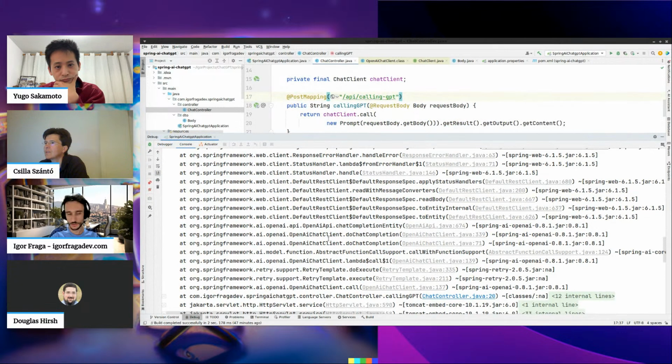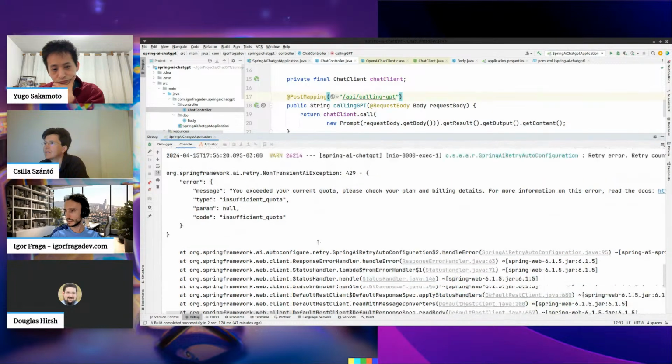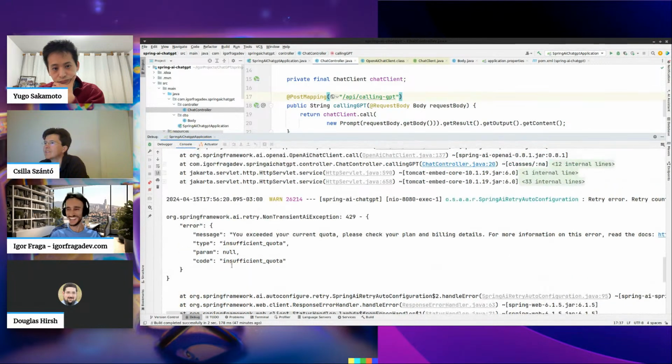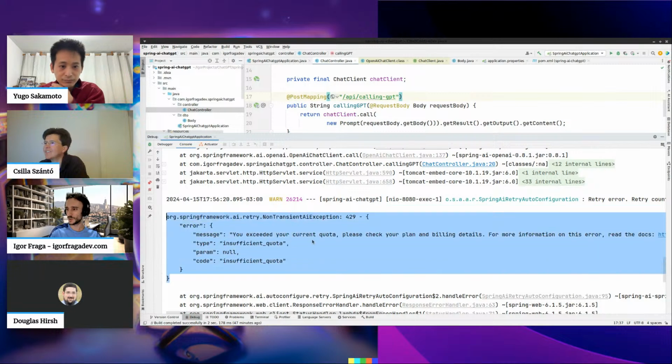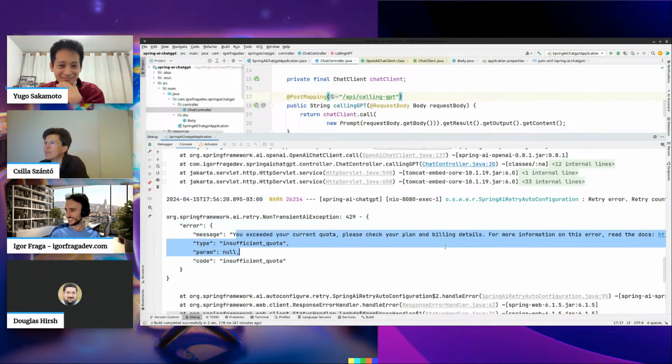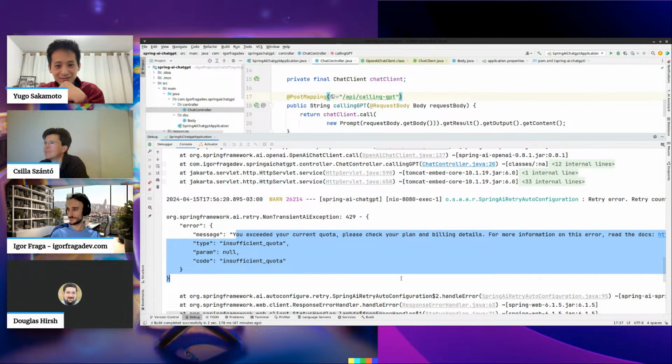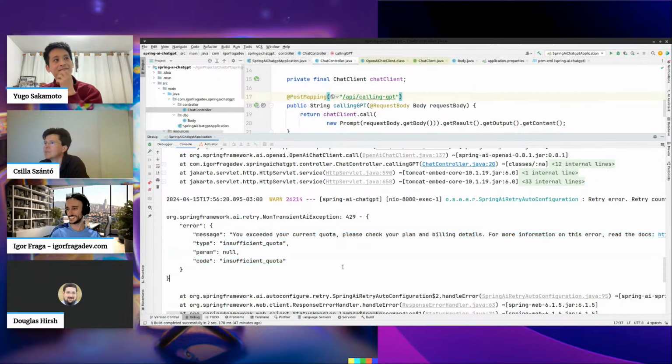This error that you see here is what you get if you don't pay. When you call OpenAI, if you don't pay, it says, here is your message, we want your money. So be extra careful